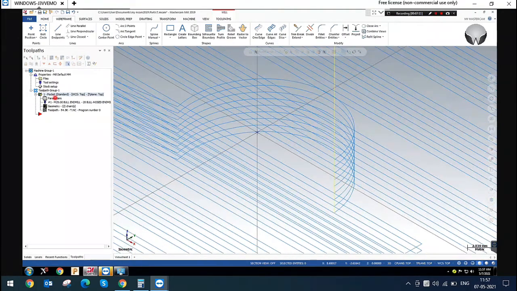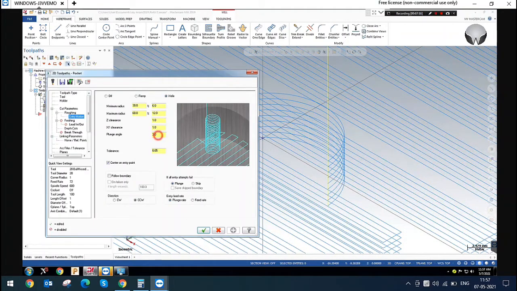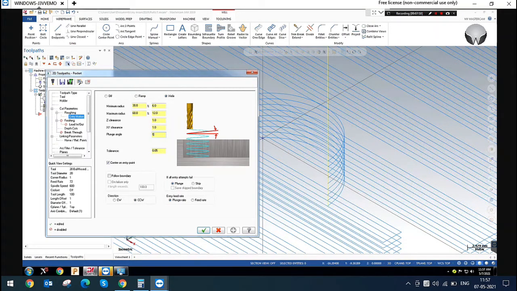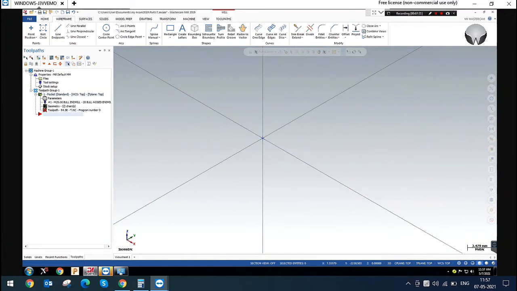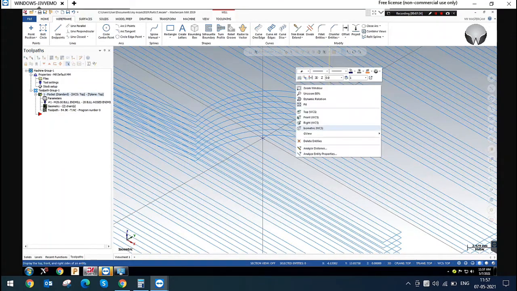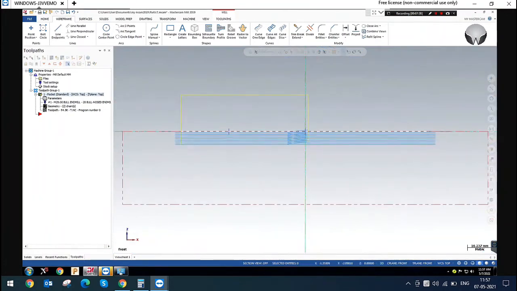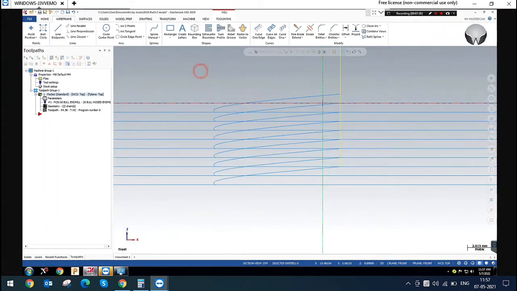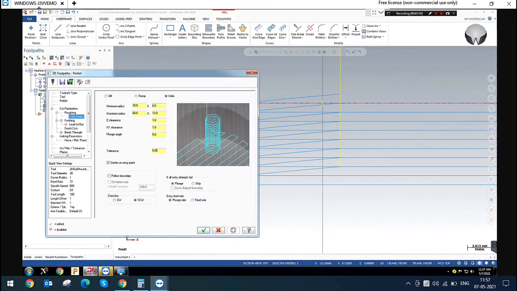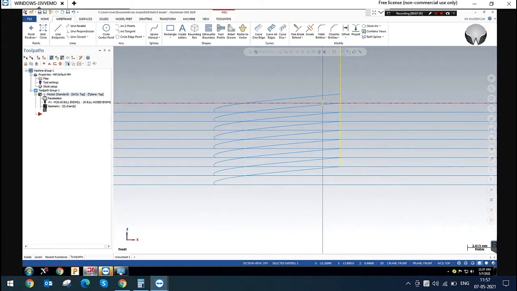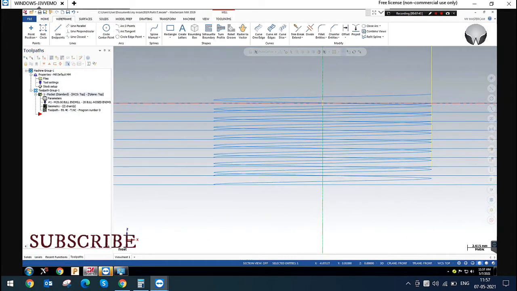Yes. So next one is the helix angle. You can give the plunge angle. I'm just defining 5. You can see the difference. The taper will be enlarged. If you give it 1 degree, sorry, you can see this.